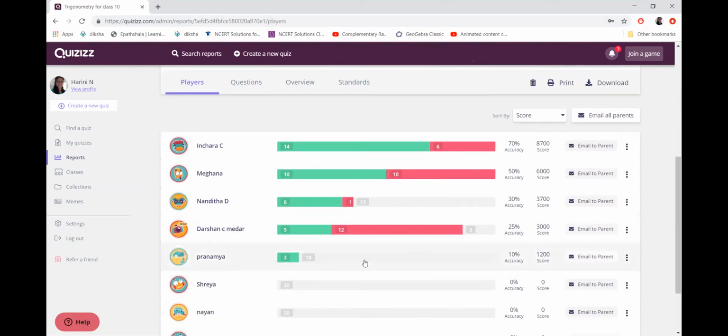Pranamya, why is it 2 here? I am surprised. It is the same quiz. Only thing I have shuffled. Yeah, tell me. Ma'am, actually, I thought that the questions were different, so I attempted, and then I saw that the questions are the same, so that's why I went back. Okay. So you didn't attend the quiz completely? Ma'am, the first I attempted yesterday, which you gave. Yeah, it is the same quiz, my dear.